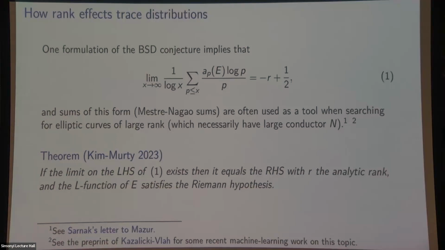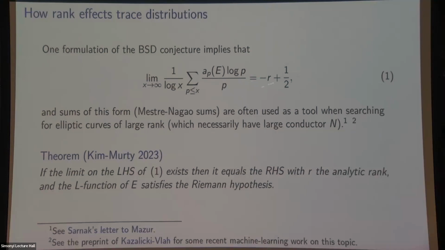Now, we already saw from the Sato-Tate conjecture that, globally speaking, in the limit, you don't see an excess. I mean, you get the nice smooth distribution. But in the error term, there is still an influence coming from the rank, and one can make this precise by conjecturing that this sum, where x is going to infinity here, should converge to minus the rank plus a half.